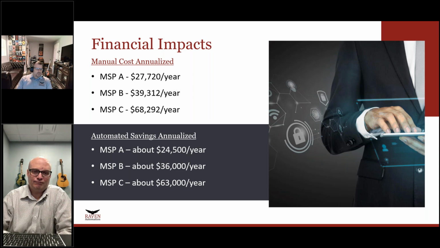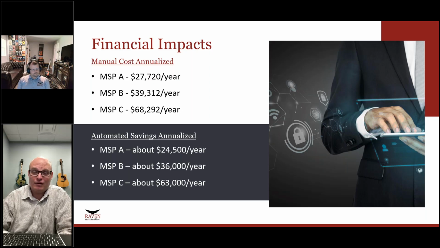And then MSPC, again, implementing a basic dispatch and triage process. They go from spending $68,000 a year to saving about $63,000 a year, including AI costs. This is powerful because this is hard costs, money that would have gone out the door to somebody to do that task. But for me, the even bigger piece is the